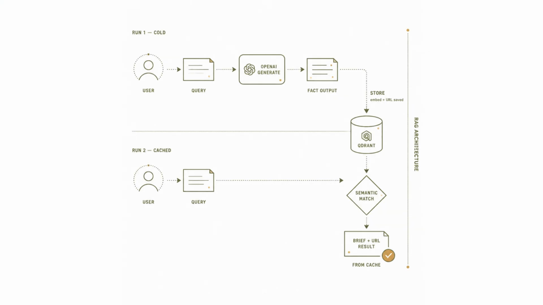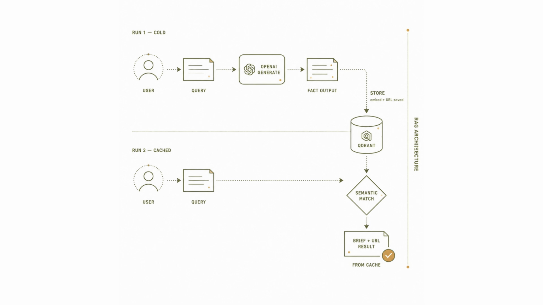So here is the RAG architecture that is behind our demo application. Whenever a user queries or asks, like we need the summary for this article, we are using OpenAI APIs to grab the fact output, like the facts, opinions and the missing context from that article, and we are storing that embedded version with the URL in our Qdrant database. Like this is the URL and this is the fact, or this is the JSON for this article, and we are storing that in our vector database. Now in our application we are using the Qdrant database to store those embeddings, and we are presenting that information to the user based on the URL.